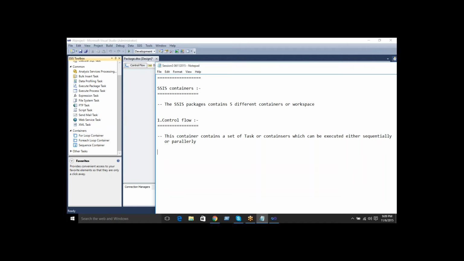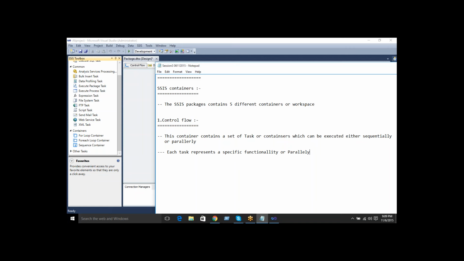So these tasks and containers can execute either in sequence or in parallel. Each task represents a specific functionality. These are the different types of tasks in the control flow, and with each task you can perform a different functionality.